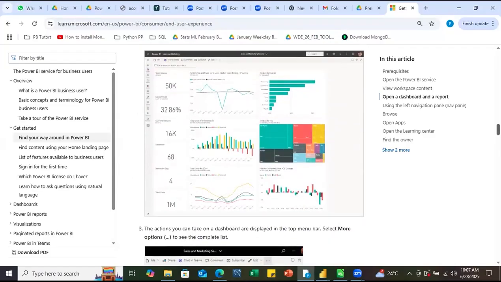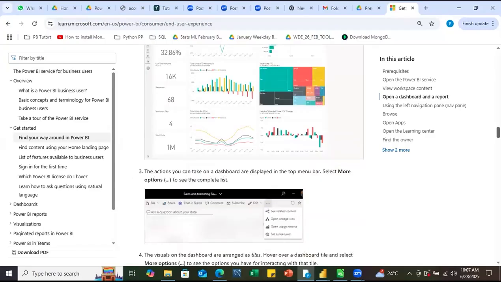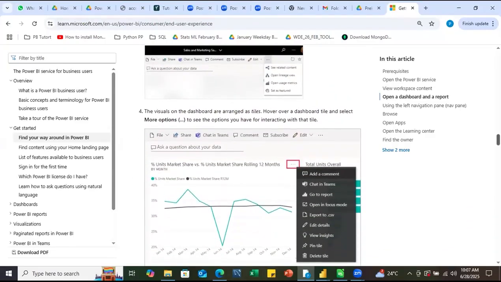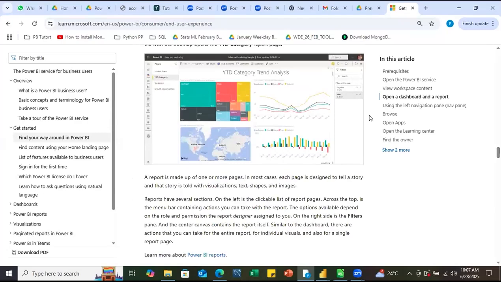Whatever dashboard you created, exact same format, exact same view you see on the screen also. And if you are the creator, you'll also have the edit access here. So if you click on edit, you can make a few changes. When you click on edit, you'll be able to view the screen like this, the desktop version altogether. You'll have filters, you'll have visualization there, and you'll have data, which means on this platform also you